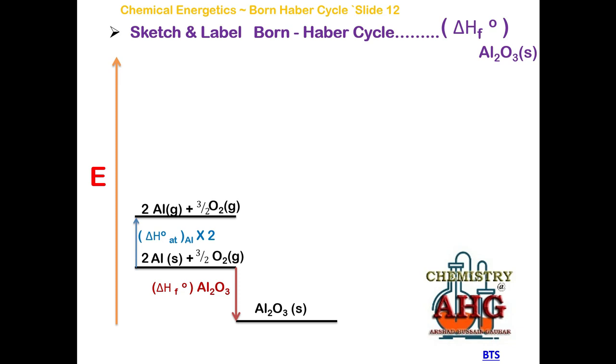Next, after aluminum, we still need atomization of oxygen. So we will move up again. Why will we move up again? Because atomization is always endothermic. Why is atomization endothermic? Because atomization involves bond breaking, and whenever there is bond breaking, energy is absorbed. So again we will move up,